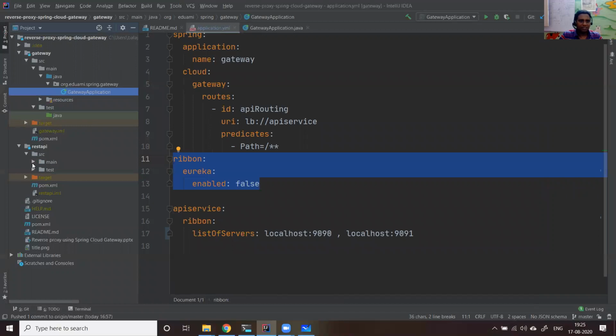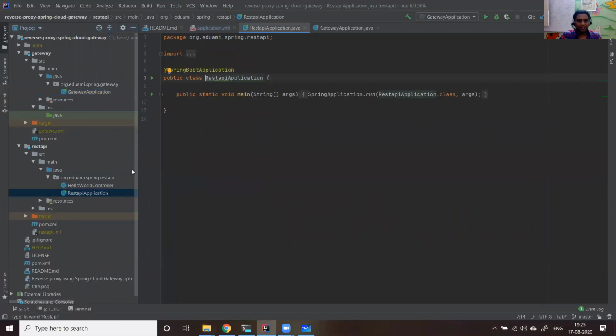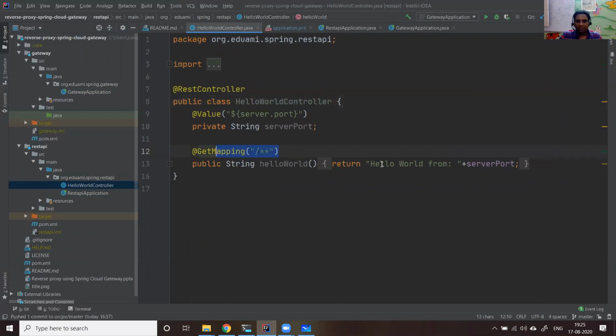Now, the REST API is very simple. Once again, it is a Spring Boot application. I want to show you that the request is coming from the port. For any request that comes to this REST API, it is going to say hello world from the server.